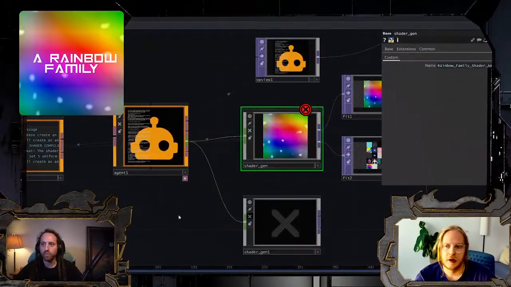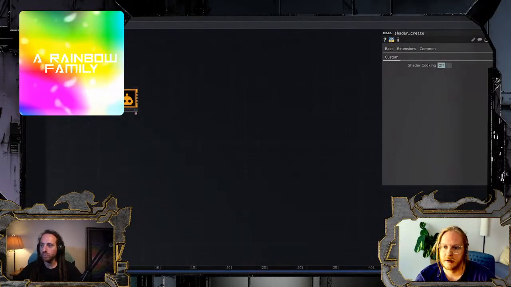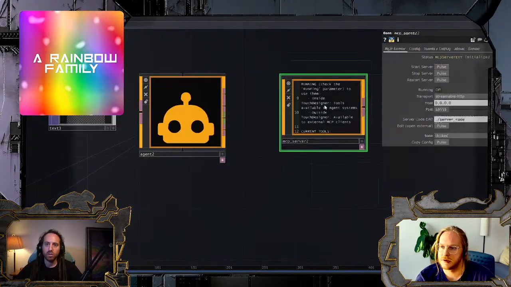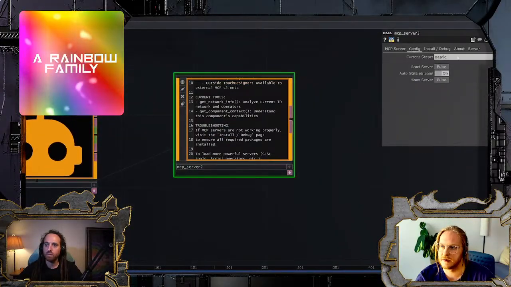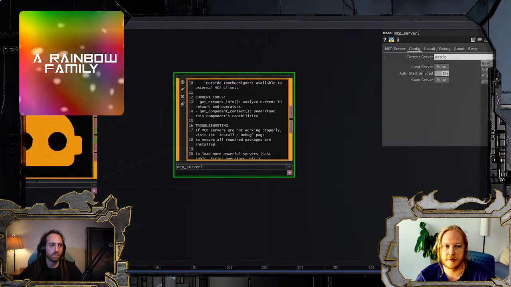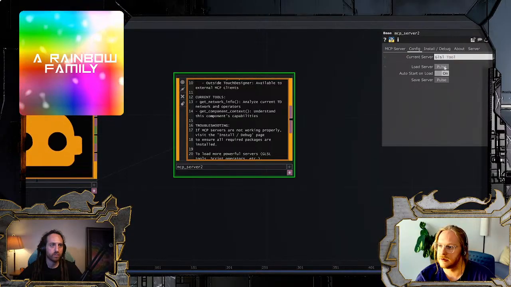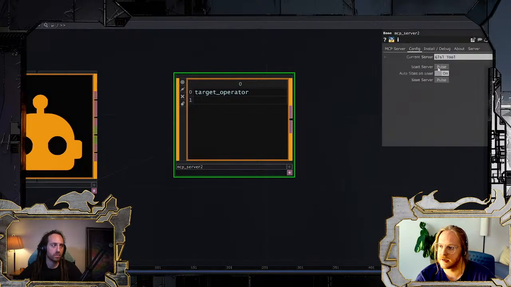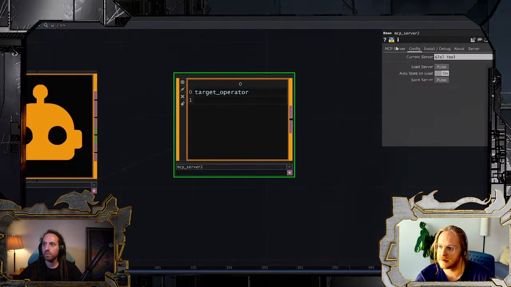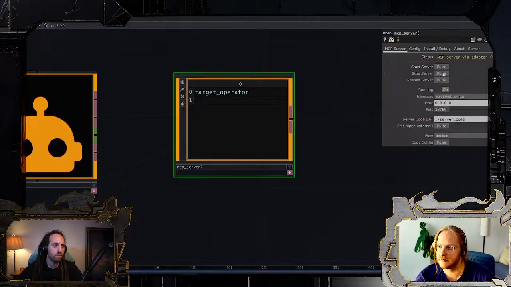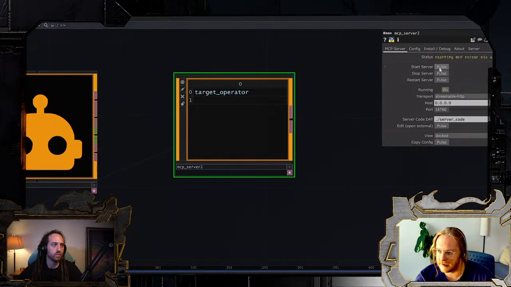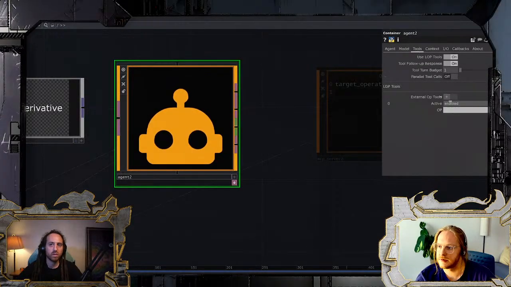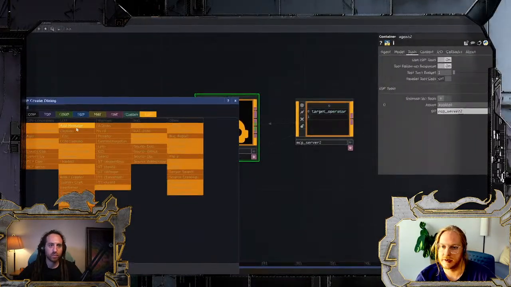So I'll just do it outside of here with this fresh agent, which has no tools. MCP server, drop that down. This is just going to have this basic server, but in the config, you can select the GLSL tool, and if you load that server, it's going to say starting MCP server, and then this load server button, just so you know, because auto start on load, it auto starts on load, but you do have to have the server active.